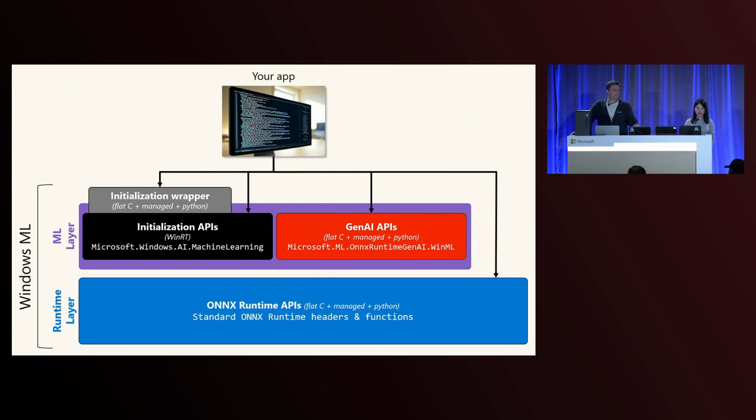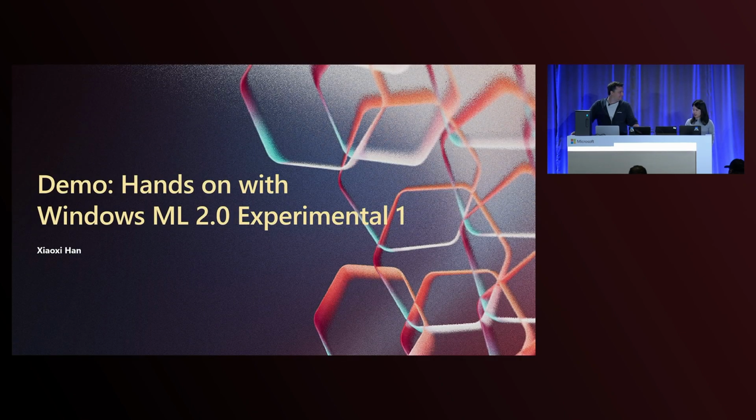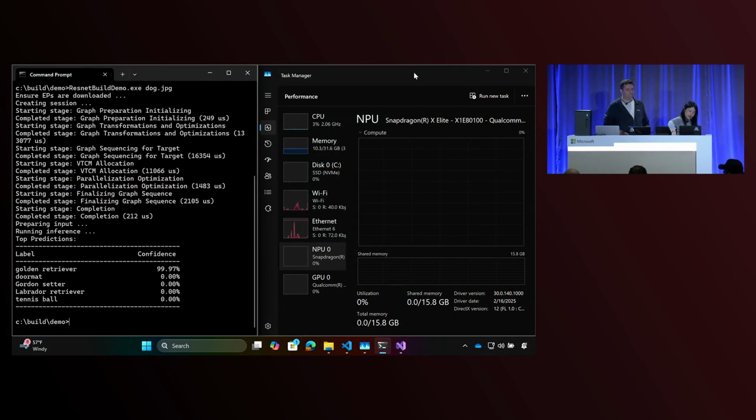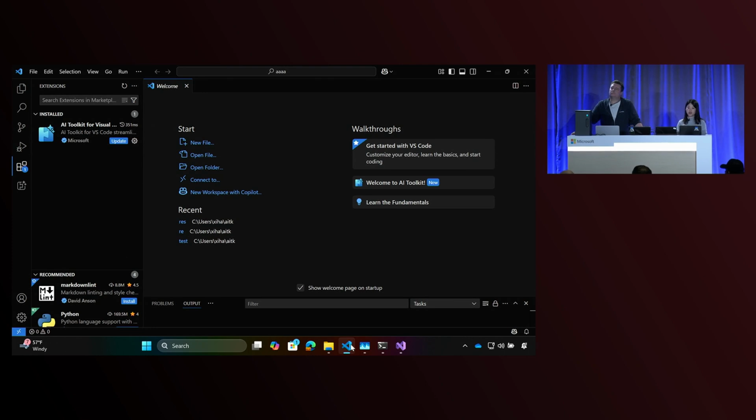All right, so with all that in mind, let's see this in action. So can you put on? Yep. Gotcha. All right, so this is the quick ResNet build demo app that Ryan just showed. And today I'm going to show you how to write this from scratch. The first thing we always want to do is to get the model. You can obviously obtain open source models from PyTorch or Hugging Face and convert them to ONNX by yourself. But if you are using a model like ResNet, I highly recommend using the AI Toolkit VS Code extension because we have just added a new functionality to it that makes this much easier.